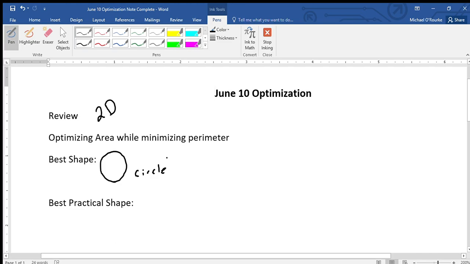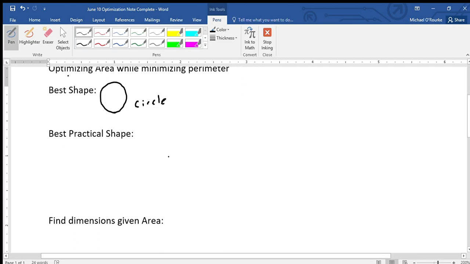Then if you really want to get technical, the next best shape is like a 100-sided shape and then a 99-sided shape. The best practical shape is usually a rectangle, but a very specific rectangle where all the sides are the same. Okay, or a square. So a square is usually the best. Now, with that being said, if I had 40 feet in perimeter of fencing, to find my best shape,